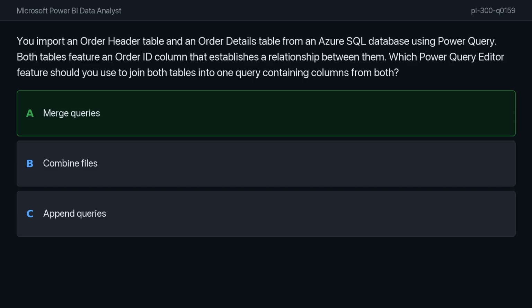In my view, the correct answer is option A, merge queries. To combine two related tables side by side using a common key, such as an order ID, you must use the merge queries feature in Power Query. This feature functions similarly to a SQL join operation, allowing you to bring columns from both tables into a single